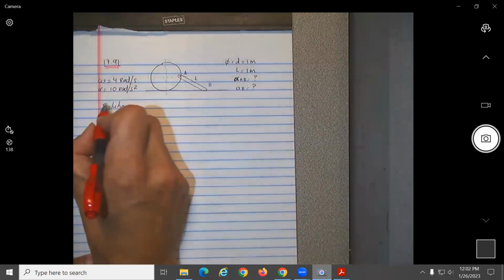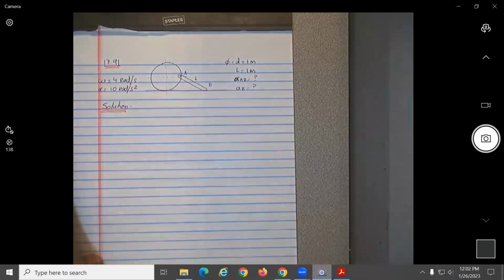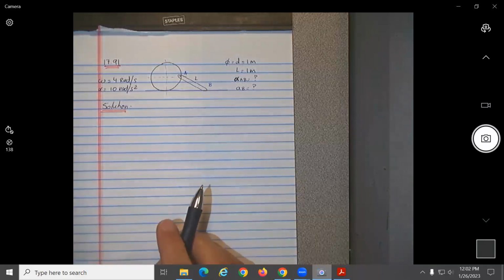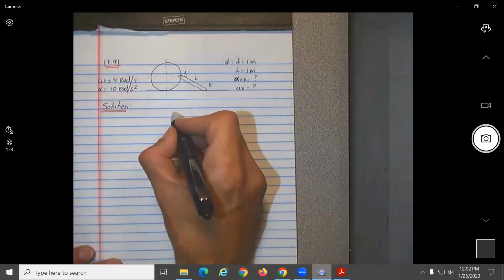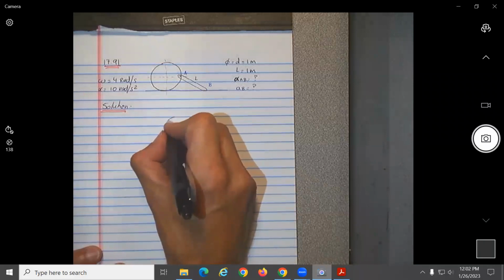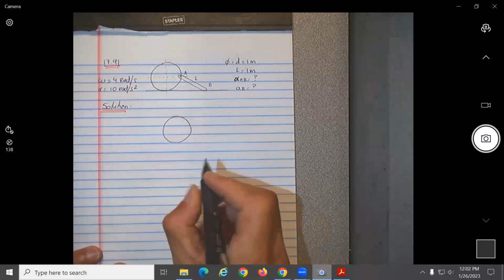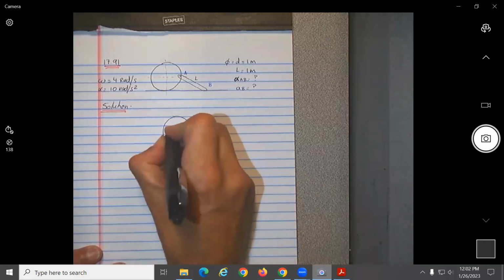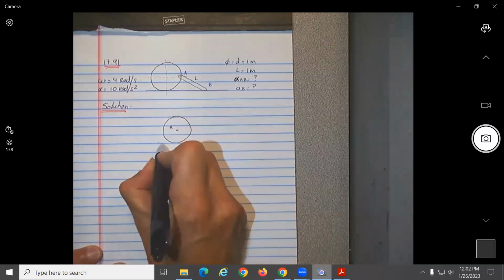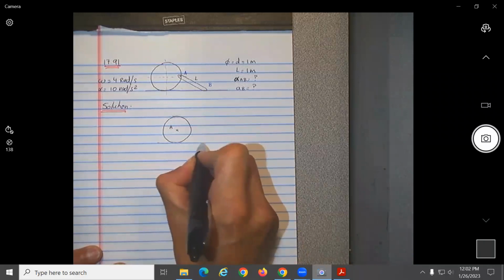What is the first thing you always need to do? Some type of free-body diagram, no? Or figure. I know it means redoing the same figure, but I don't care. It gives you time to think about it. So we have here a point, let's call this one point A. So now that you are thinking about how to do it,